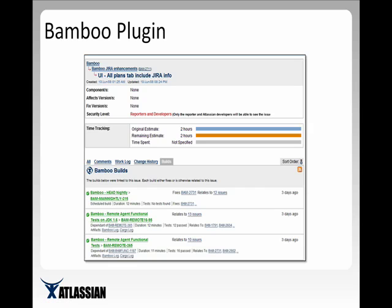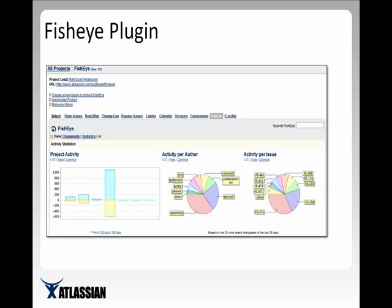So again, there is another server now that we're introducing here, Bamboo, that's doing the continuous integration, and the Bamboo plugin in JIRA pulls that data inside of JIRA for you to view. In very much the same vein, we also have a Fisheye plugin. In this case, the plugin is installed with 3.13. It's installed automatically. If you are using Fisheye, you can then go configure the plugin, point it at your Fisheye